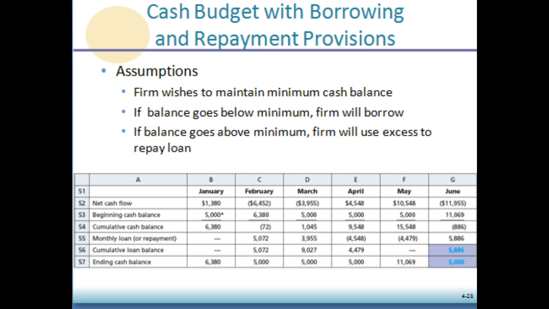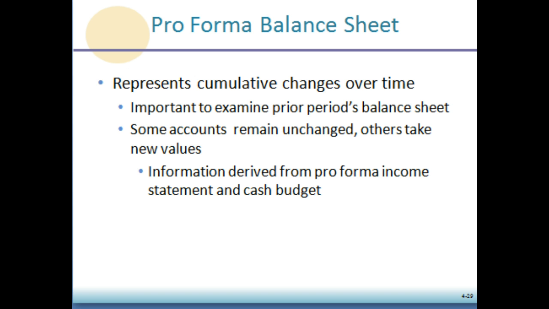When we consider our cash budget with our borrowing and repayment provisions, again we have assumptions. The firm wishes to maintain some minimum cash balance. If that balance falls below the minimum, the firm will need to borrow. If that balance goes above the minimum, the firm will use the excess to repay the loan. Here's an example